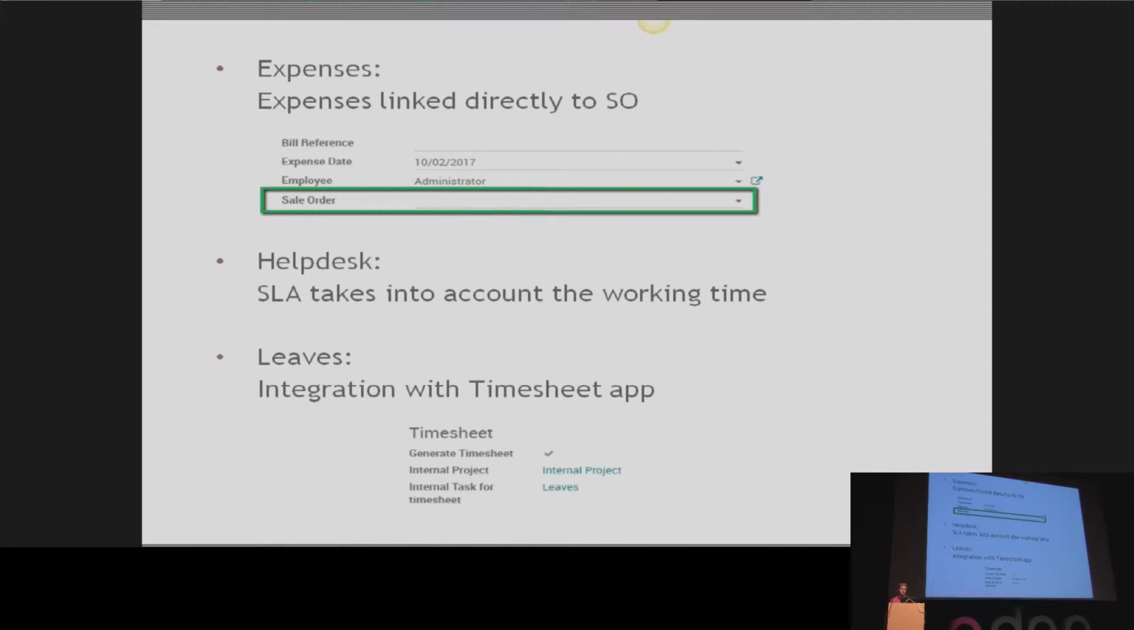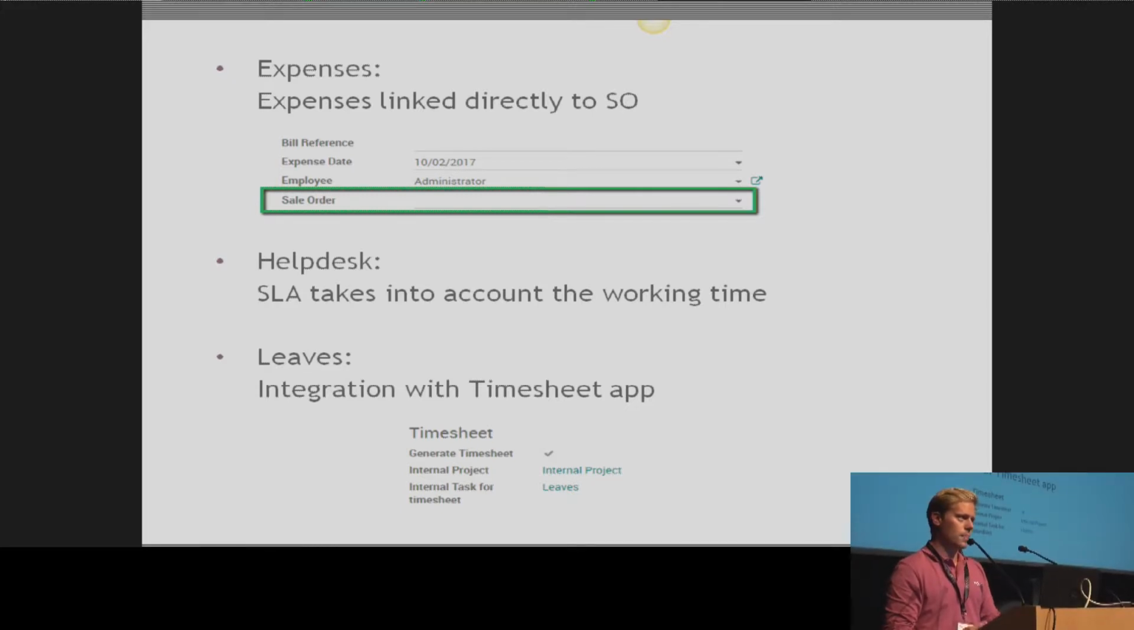For the helpdesk also, we added a link from the SLA to the working time. Imagine you receive a ticket on Friday afternoon, and you have an SLA that you have to answer within 2 days. You won't arrive at the office until Monday, and the helpdesk would say, okay, you're late for this ticket. Now it really takes into account that you have 2 days that you don't have to work, and you will be able to